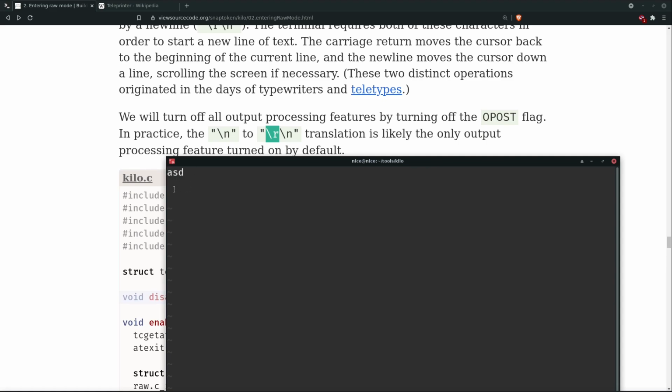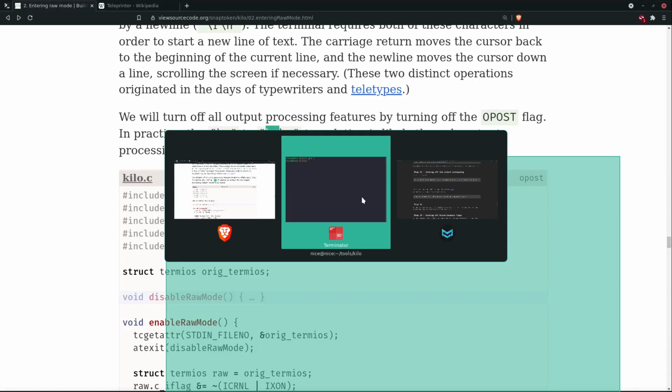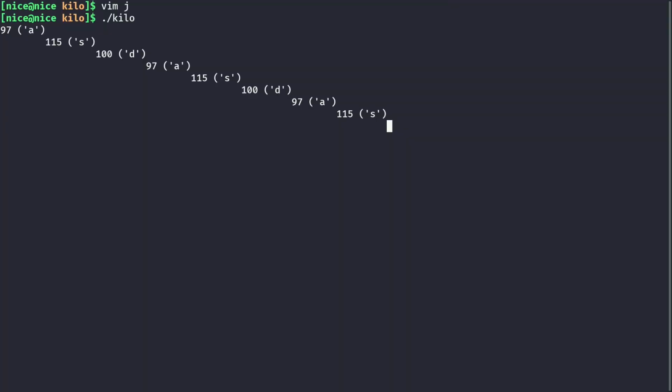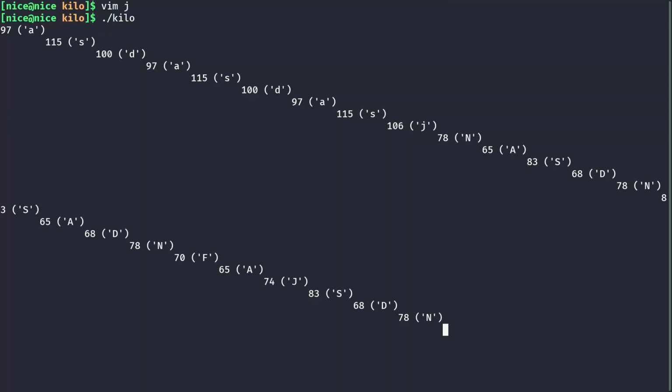I hope you get this, and let's exit. That's the reason why we are seeing this. Let me make it full screen and type anything, and you'll see the pattern. Even though this is a good pattern,